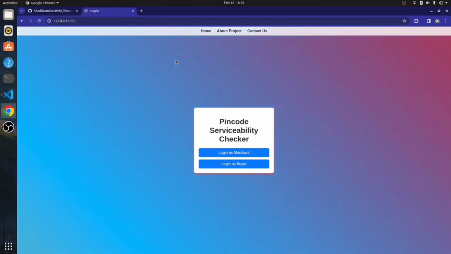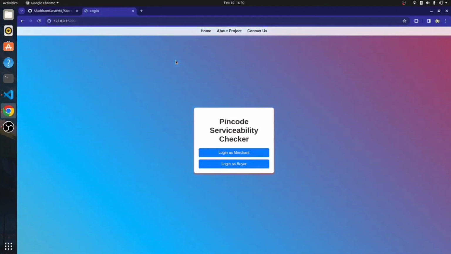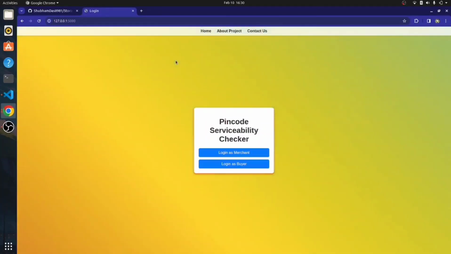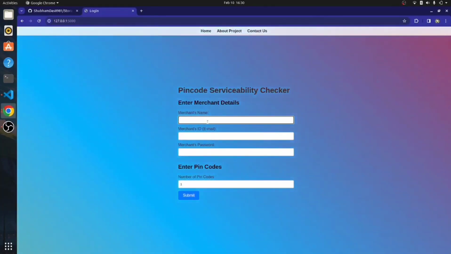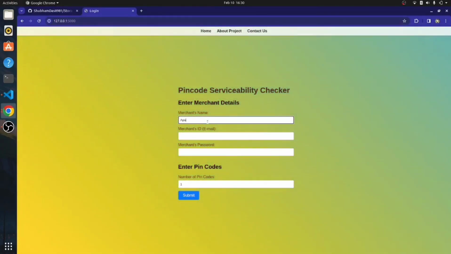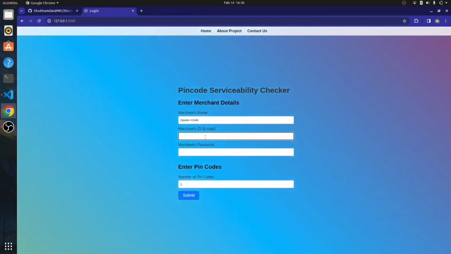Whenever you open it, the first page that it will show is this home page. Here two options are available: login as a merchant and login as a buyer. So let's move towards login as a merchant. Give a name of the merchant. Let's suppose, for example, Apario Details,